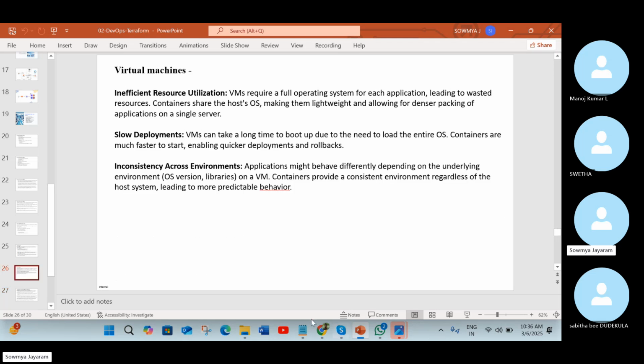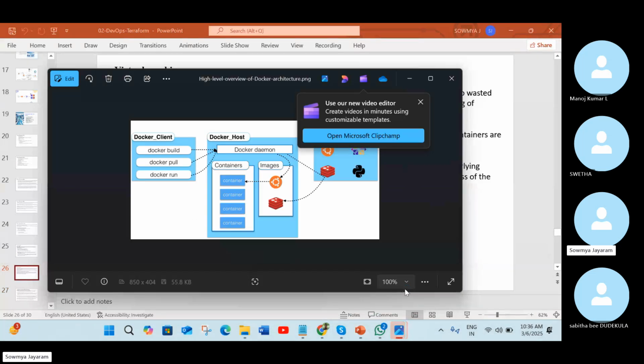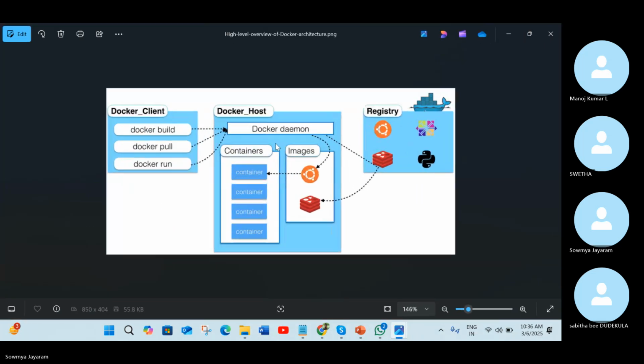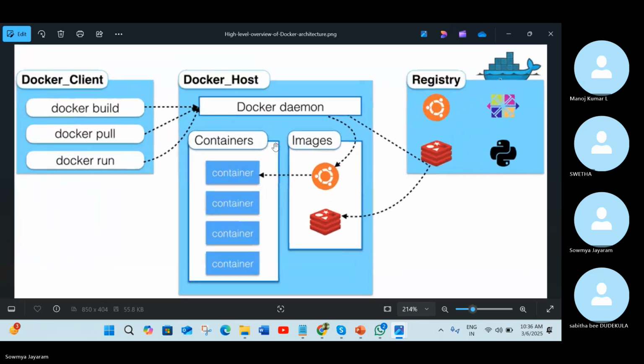Okay, so I'll share the Docker architecture. So this is what a Docker architecture looks like. It's a high-level overview of what Docker is doing.